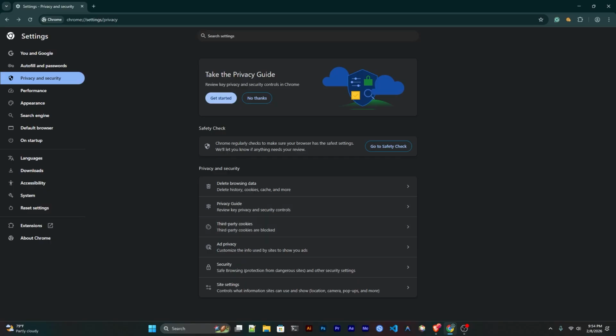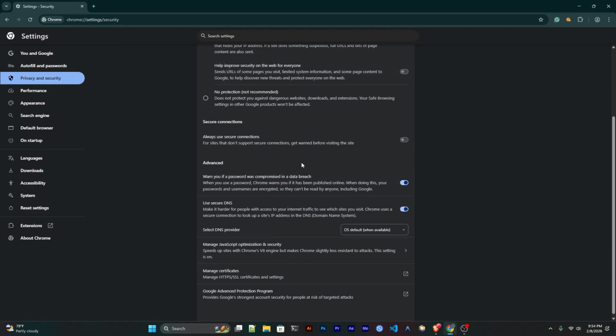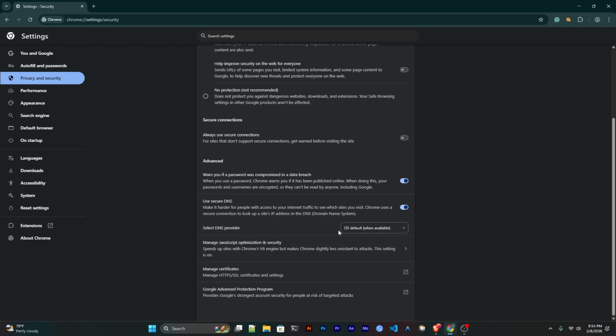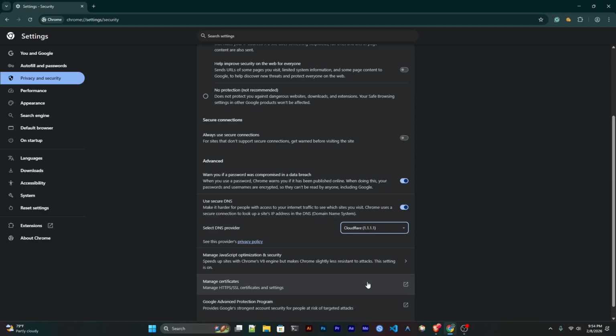To do that, go to the Privacy and Security section again and click on Security. And in here you need to select the DNS provider as Cloudflare or Google public DNS. This will make your web experience much smoother because it goes through Google or Cloudflare DNS, so that external trackers can't track your web traffic. So I select Cloudflare, and the next option you can use is the memory saver option, but this is a new